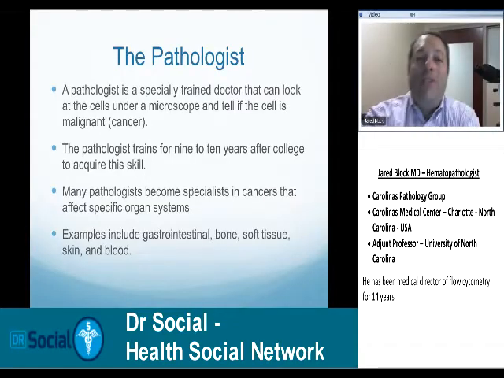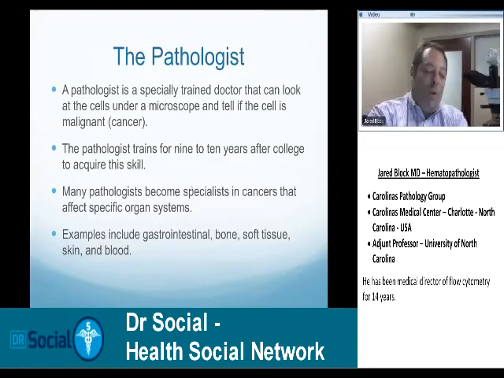So the pathologist is important in this because what we do is we look at the tissue that your surgeon or your family practitioner takes off. They will take it off. We will look at it under the microscope. And what we do is we're able to look at it and tell what normal structures are. We spend a long time learning what normal is because you can't tell what's abnormal until you know what normal